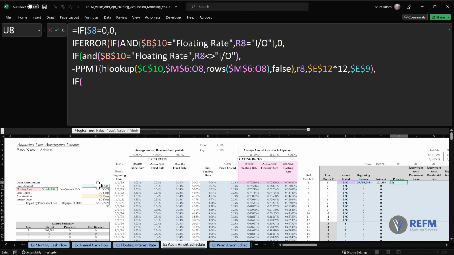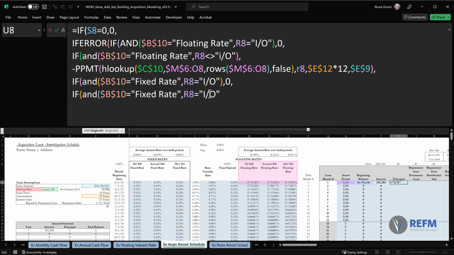We'll start if and B10 anchored is equal to fixed rate and R8 is equal to IO. Once again, by definition, principal is going to be 0. And last, if and, I'll go ahead and just copy this, but change this equal sign to not equals. Then we're going to run PPMT, negative PPMT,